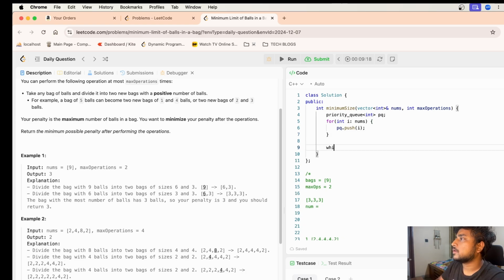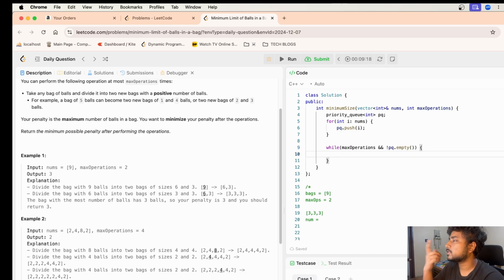Okay, now while we have max operations, while my operations is greater than 0 and not PQ dot empty, we take out the first element.